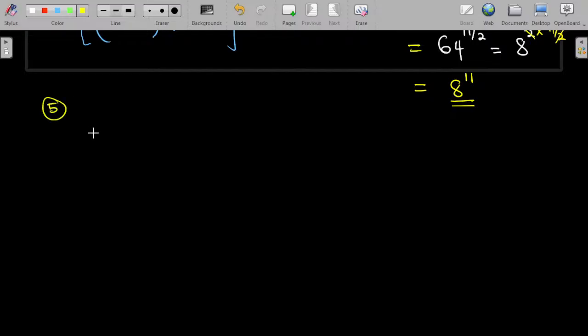Okay, so exercise 5 here, this is what we are given. 5 to the power of minus 1, then everything multiplied by 5 to the power of 2 over 3, and then all raised to the same power of 3. Okay, now if you watch,